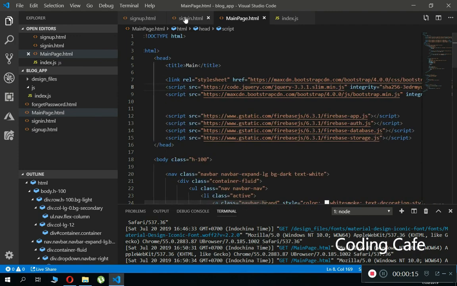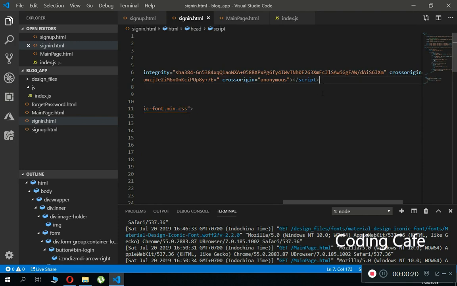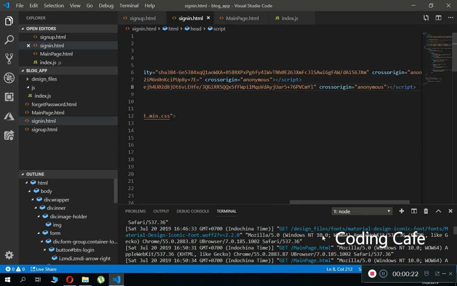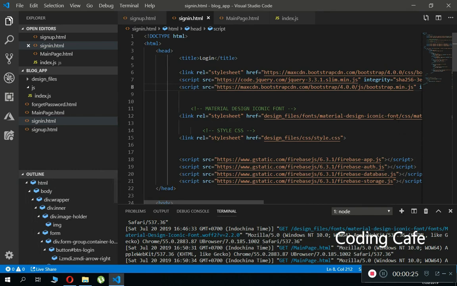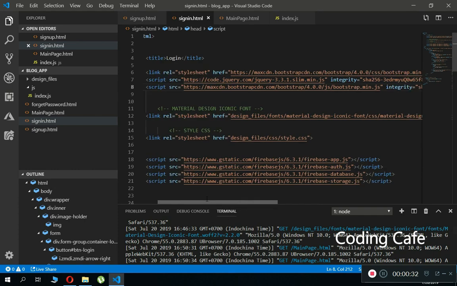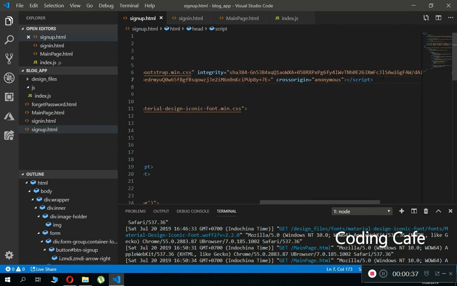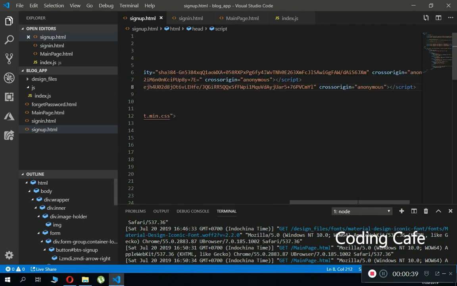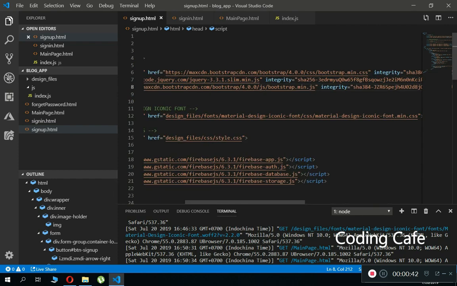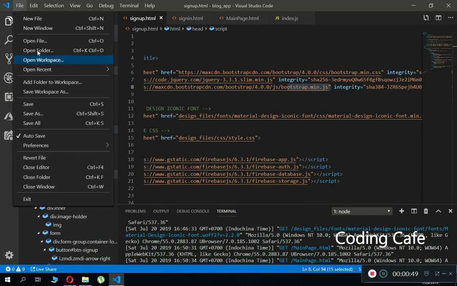and come here to the sign in page and paste it below, alongside these two other links which we added earlier, so that our bootstrap setup is completed: min.js, jQuery, and then bootstrap.min.css. So yeah, that's it. Now also on the sign up page, let's paste it here quickly: min.css, this one is for jQuery, and this one is bootstrap min.js. So yeah, that's it. Now you can save it,